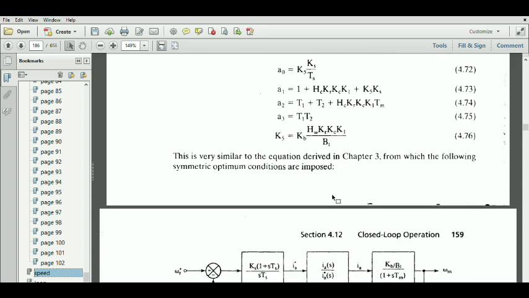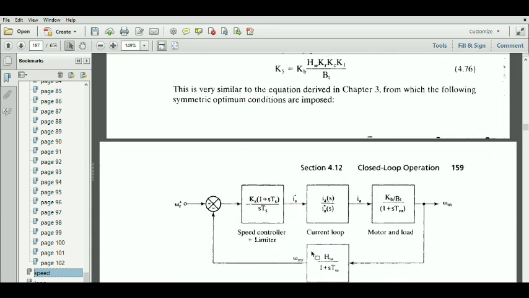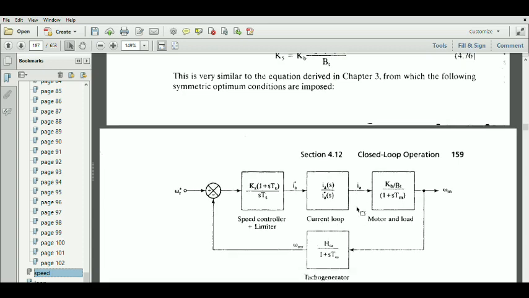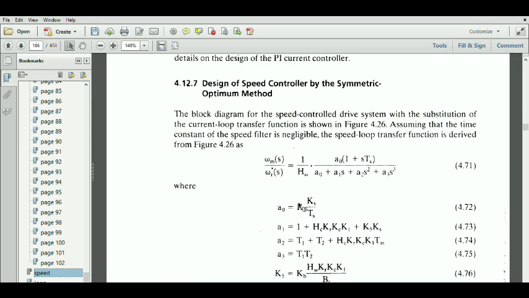If you are finding the transfer function using this, you will be getting a very big equation. So to make it less complicated, we are using this. Since these are constants, you can easily make it a single constant. When you are designing the system, if you are putting the values, you will be getting A naught, A1, A2 and A3, then it is very easy to find the transfer function. That is why we are using this.